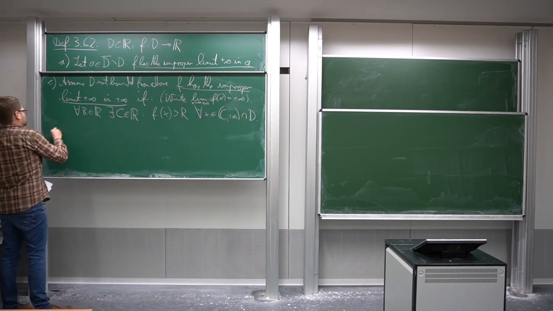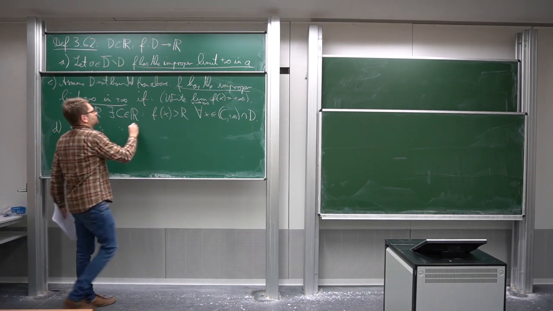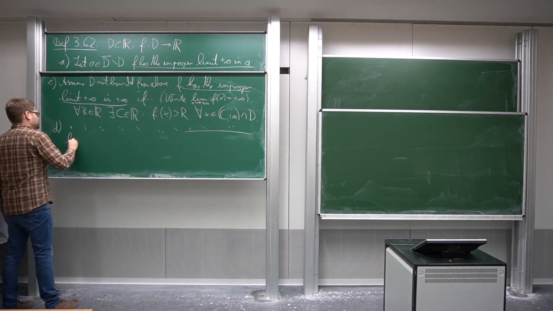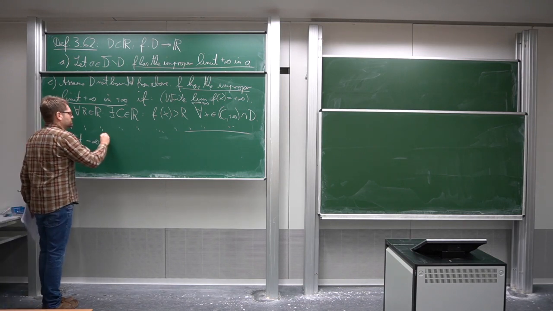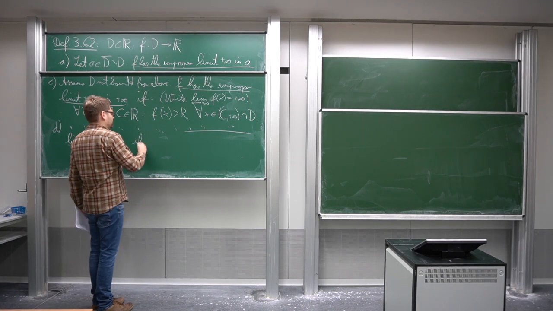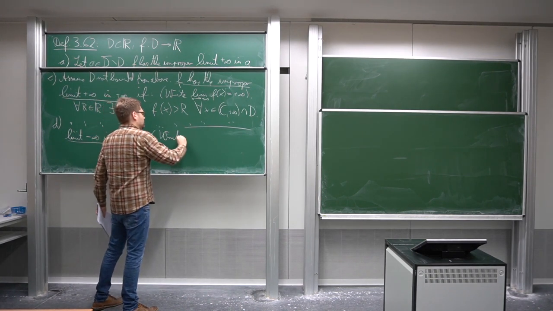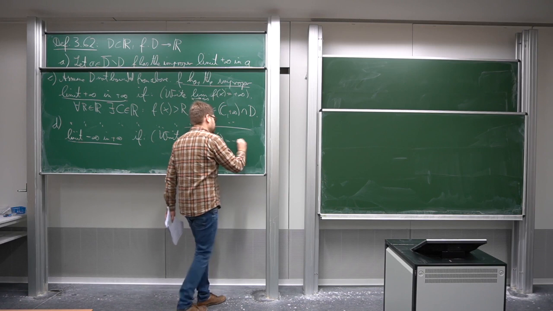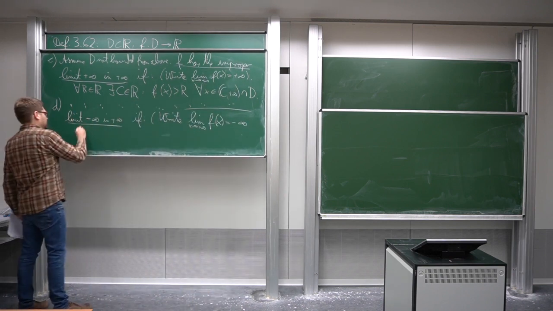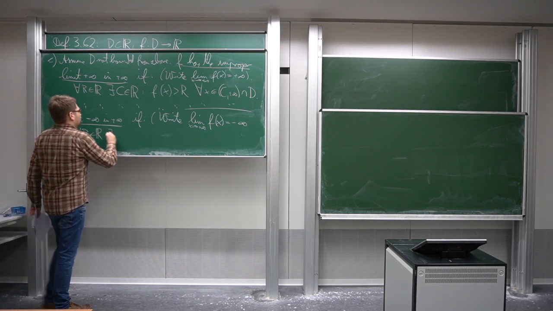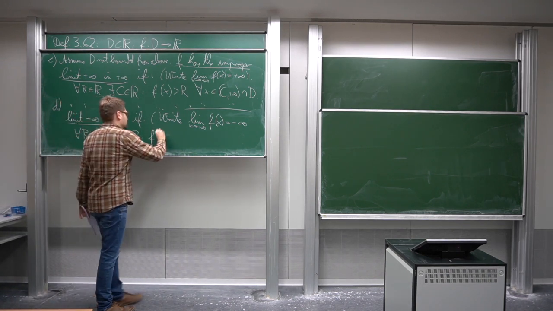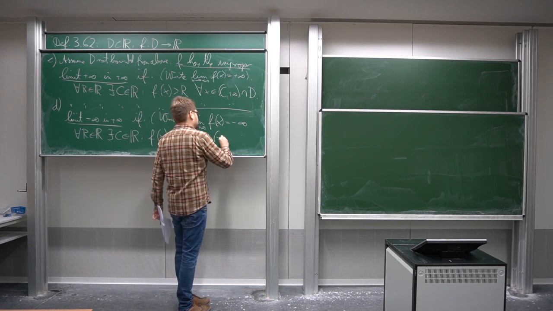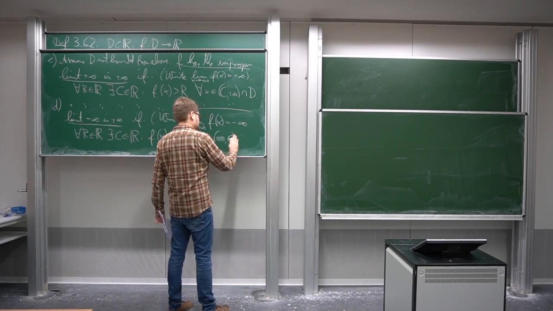Now the same thing for going to minus infinity. Again, assume d is not bounded from above. f has the improper limit minus infinity in plus infinity if, and again we write, limit of x going to plus infinity, f of x is minus infinity, if for all r in R, there is some c in R, such that the opposite inequality holds, f of x is smaller than r, for all x in c to plus infinity,